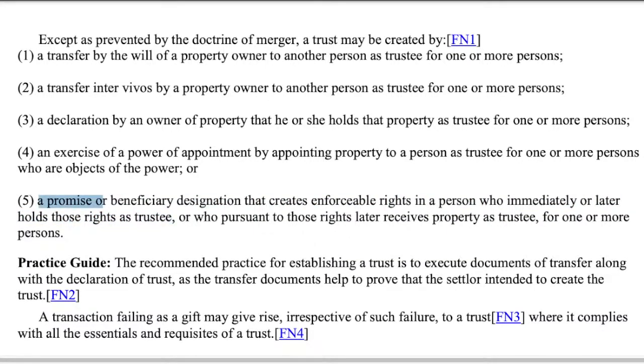So a promise or beneficiary designation. So it's a promise. So again, let's stay on focus. We're talking still about how you can create a trust. And we're on the 5th and final way. So this is probably the most complicated. So let's focus here. It's a promise. It's created just by a promise or beneficiary designation, whatever that may be,